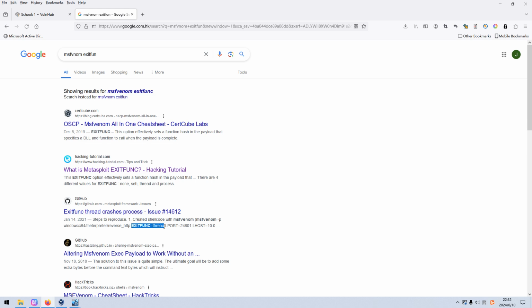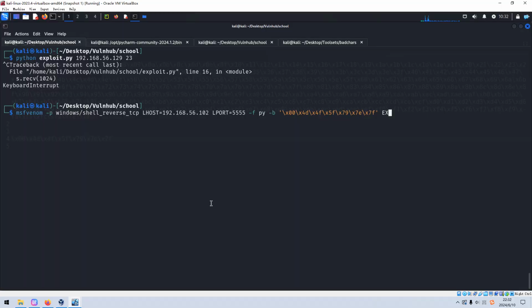This would be more efficient, and can safely exit the program. Okay, so now we can press enter to generate the payload.